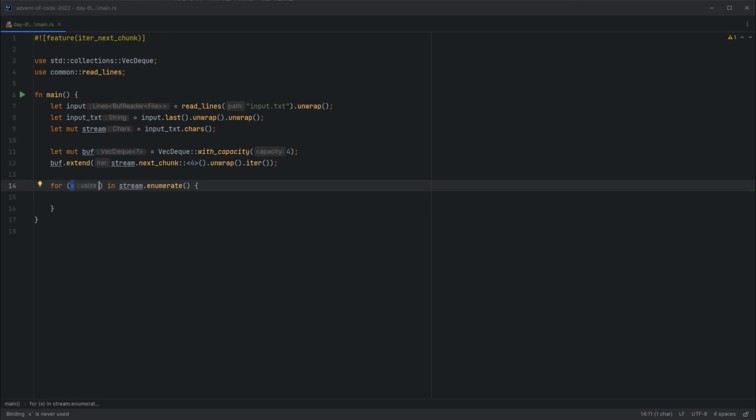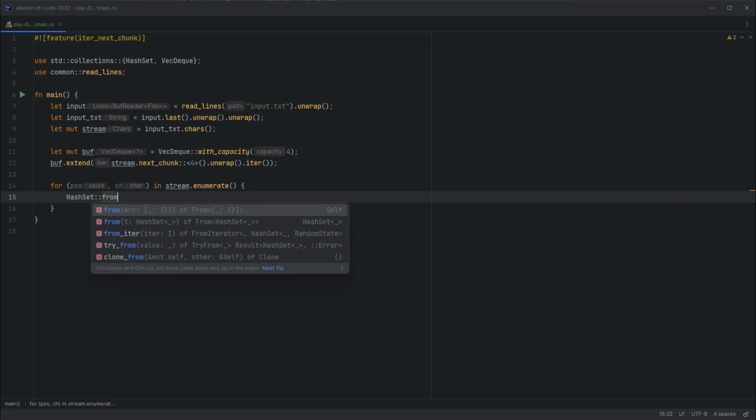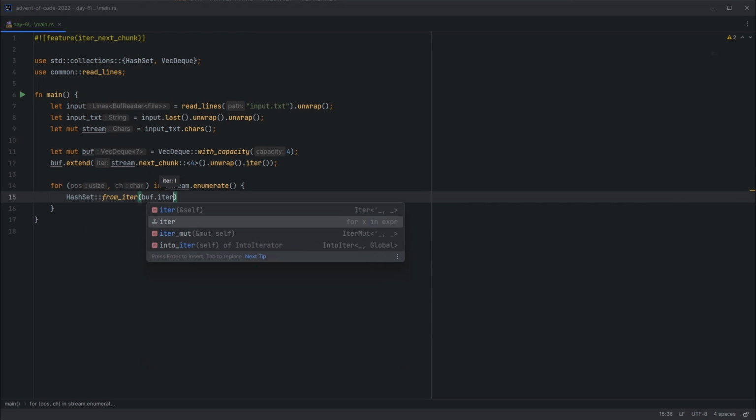So that will be position and character. Okay, so first job then is to check whether we've already hit our condition, which is a unique set of characters for our marker. So the way to do that would be to just create a hash set, or certainly one easy way to, from an iterator over the buffer